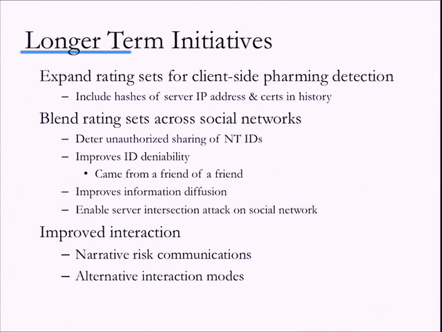One of the things we're doing is we're expanding the rating set for client-side farming detection. I'm very excited about this because this farming detection is impossible usually for an end user to detect. If somebody subverts your binding, you're in terrible shape. So what we can do is include hashes of server IP address and certificates in the history, and then that means you can detect if you're being redirected to a website that looks identical and there's a warning that comes up. And we're working on these rich text communication warnings because can you imagine,